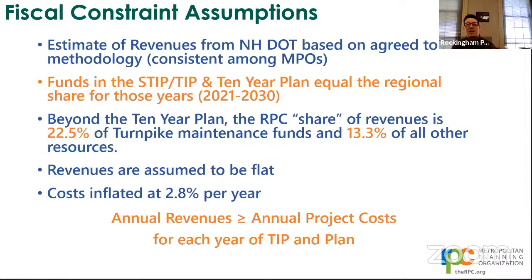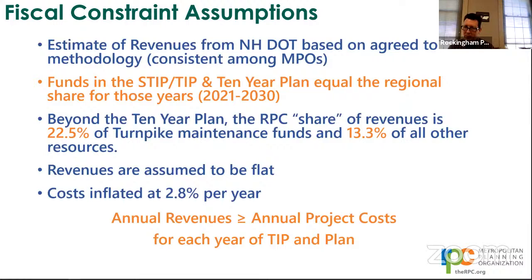Our estimate of revenues is based on an agreed-to methodology that's consistent between the 4 MPOs in the state as well as with DOT. Our funding in the TIP and in the 10-year plan is equal to our regional share. Even if our share in the outer years might be less, if we've got more money programmed in the TIP for the region, that's our assumption about what our funding is for that year. So in those TIP and 10-year plan years, the programmed projects equal the amount of funding we